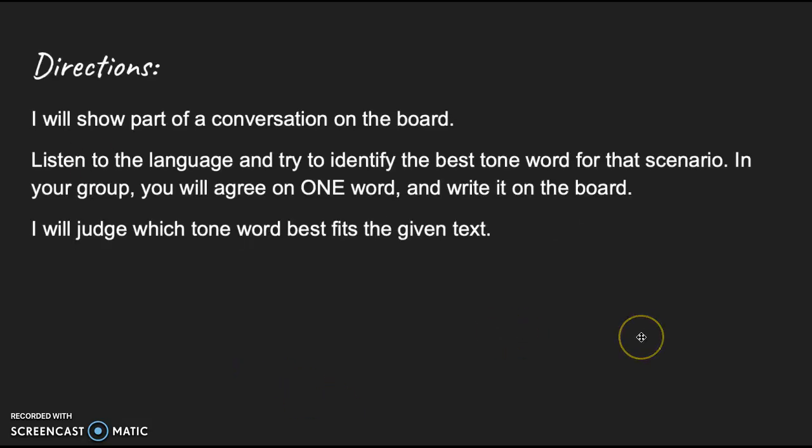So the game I'll play with the students is called Name That Tone. And using Google Docs, I'll create various scenarios. And for each scenario, I'll change it up a little bit. So the students will get into groups of two or three. And once I put the scenarios on the board, the students